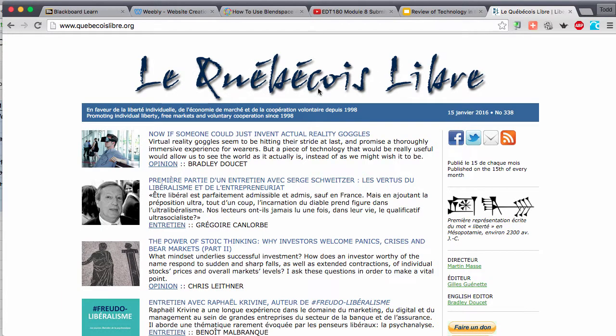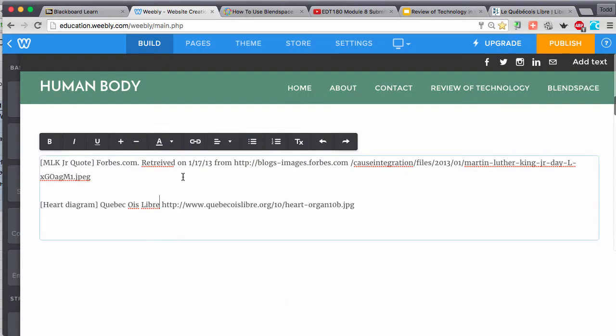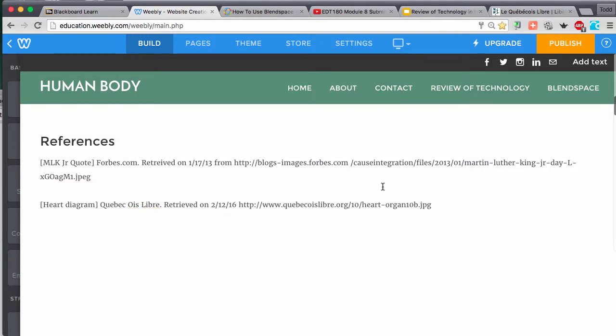So this looks like the site it's coming from, which is a little different because it appears to be in French. And then I'll do retrieved on 212. So after you have your information in there,